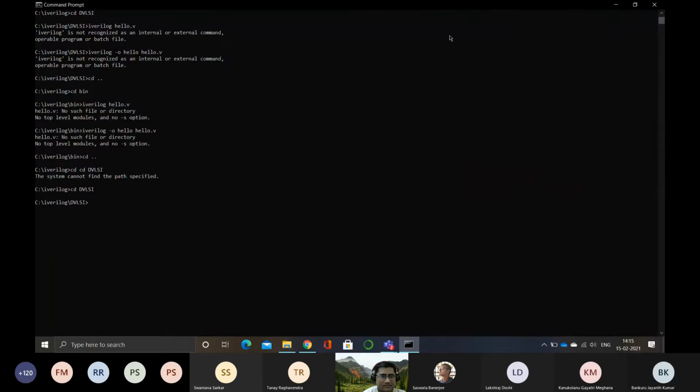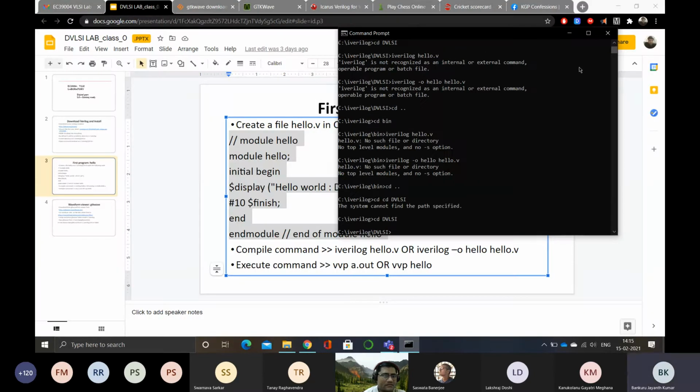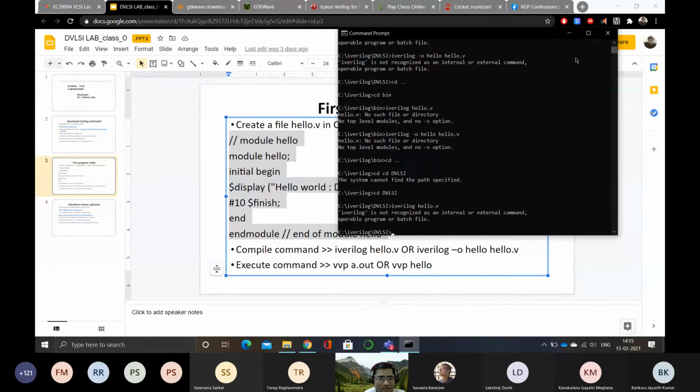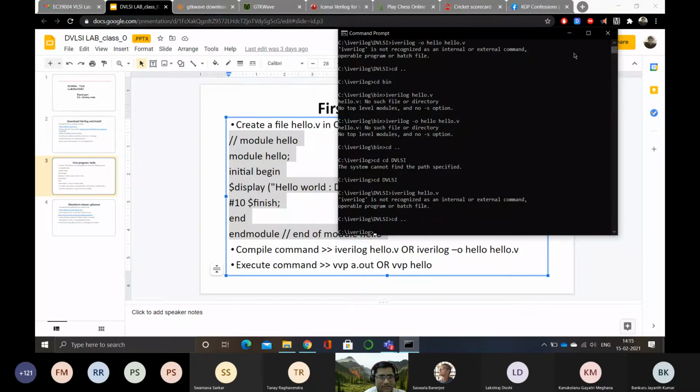Write iVerilog space hello.v. iVerilog is not recognized as an internal command. Okay, then you go up. CD space dot dot. Okay. Now you write